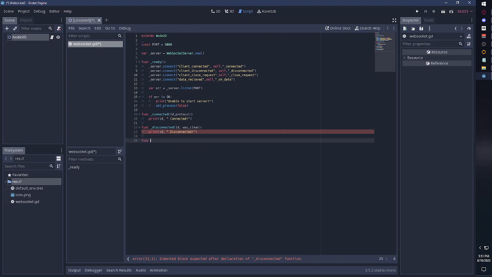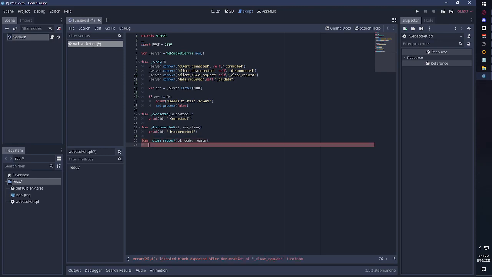Func close request. And this is essentially it asking if the client wants to disconnect through us rather than some other means. Print ID comma close the connection,